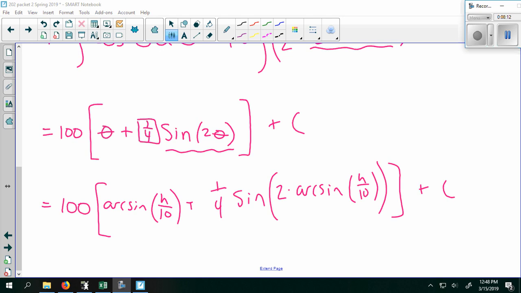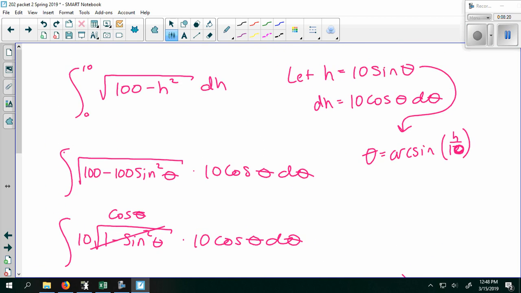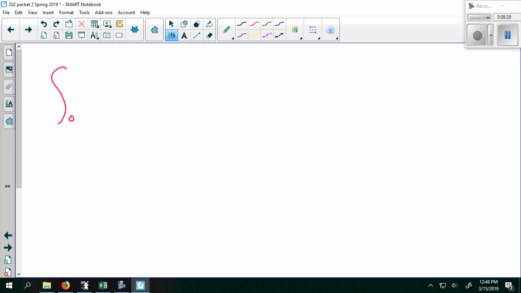All right, so now that I have the antiderivative, I can do the integral that had the bounds on it. Okay, so my original integral was the integral from 0 to 10 of radical 100 minus h squared dh. So I'm going to jump to a new page. The integral from 0 to 10 of the square root of 100 minus h squared dh. I now have an antiderivative of this thing in terms of h. So this is